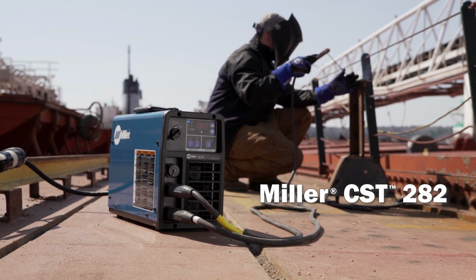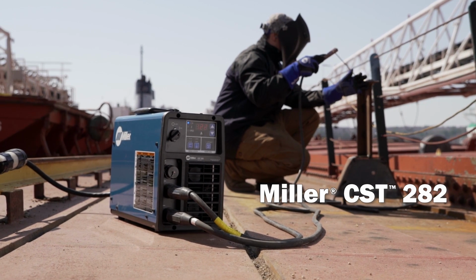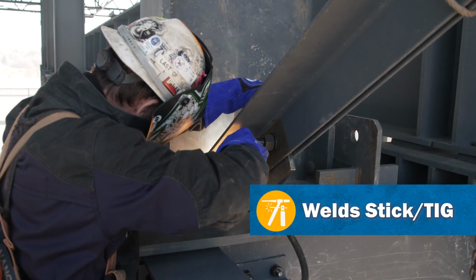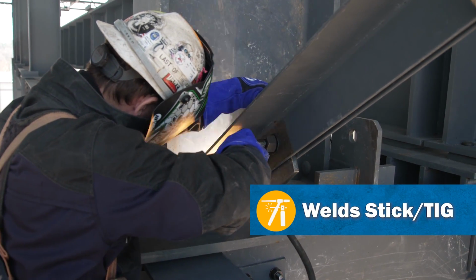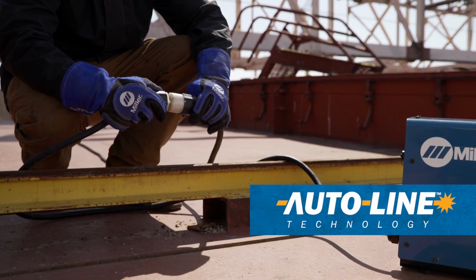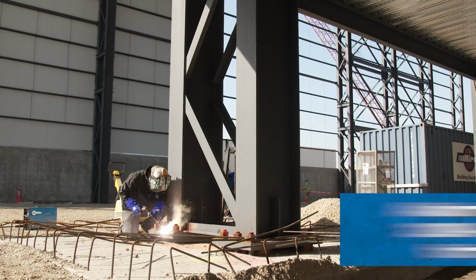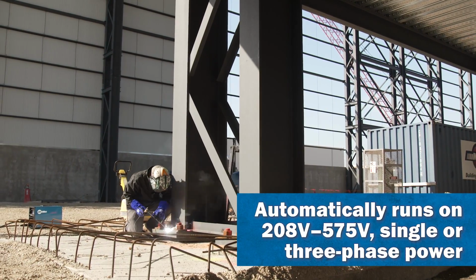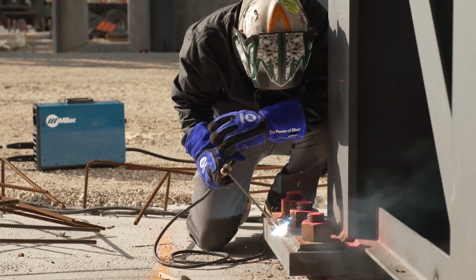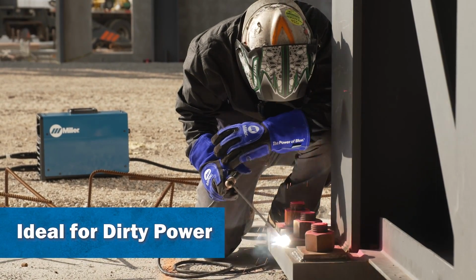The Miller CST 282 stick and TIG welding power source is ready to get to work. And it makes it easier to provide quality welds in both processes. Autoline technology means even more portability and reliability. The CST 282 requires no manual linking, providing a wide range of input power while handling dirty and unreliable power